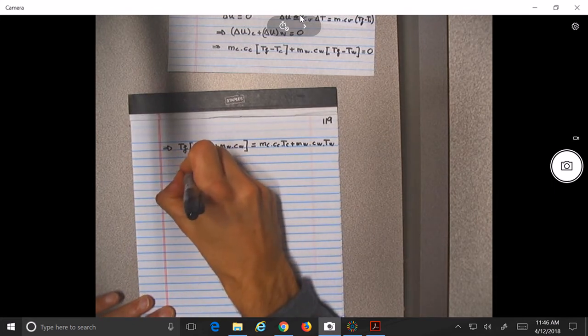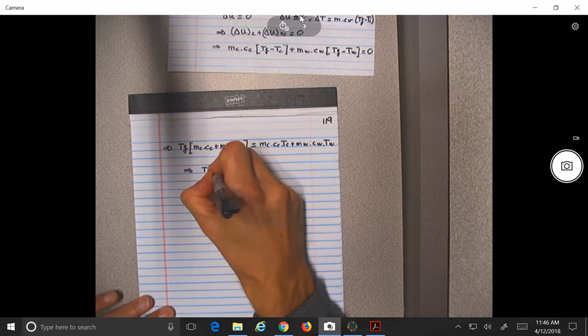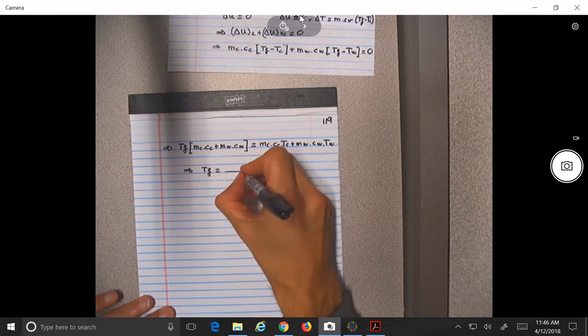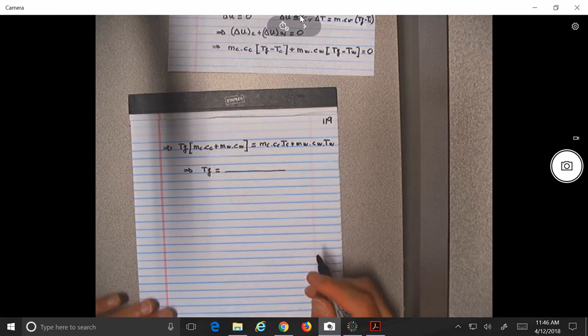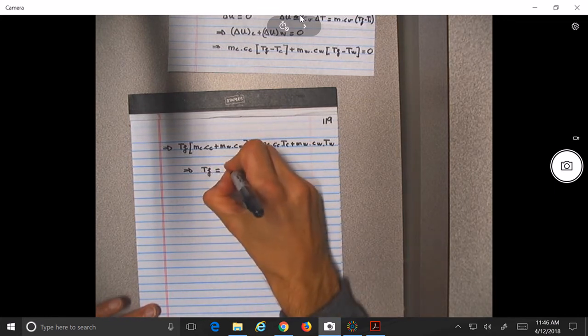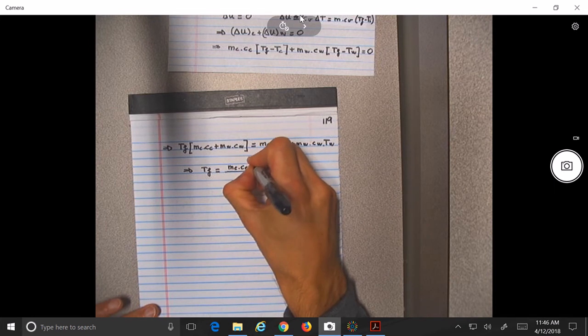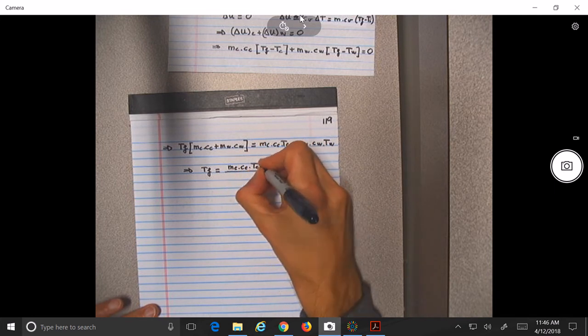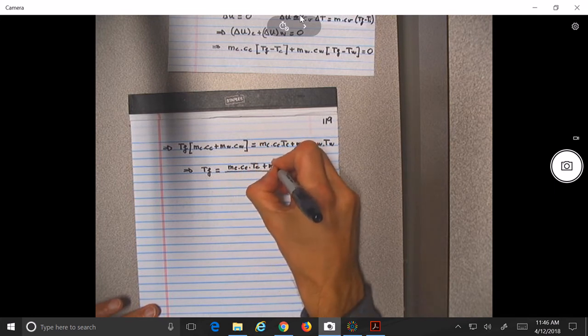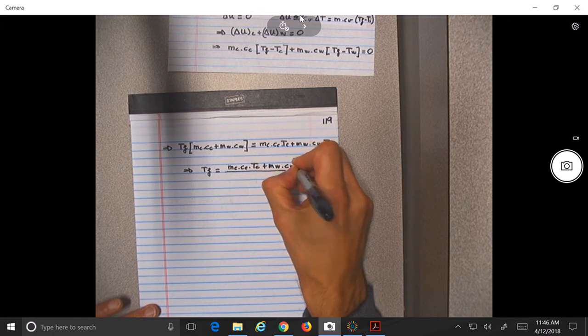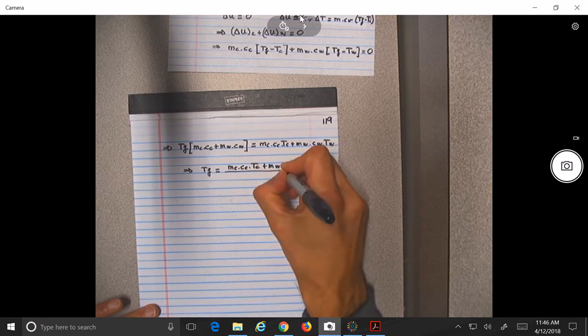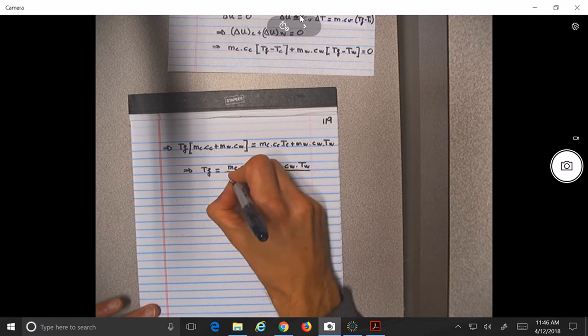So at the end we have that the temperature of the water plus the copper piece would be equal to M sub C, C sub C, T sub C plus M water, C water, T water divided by